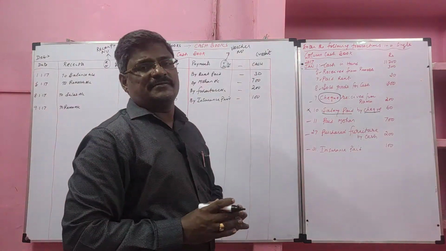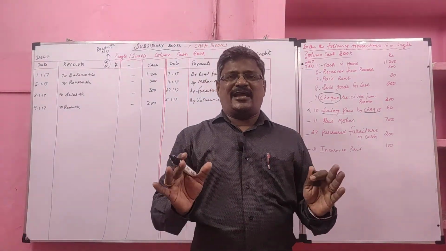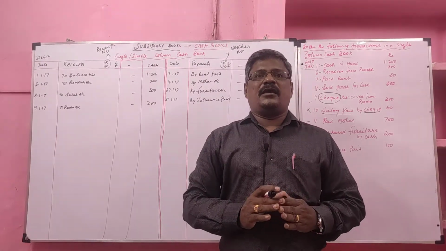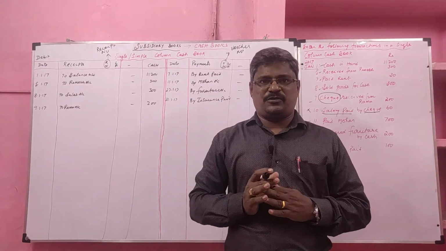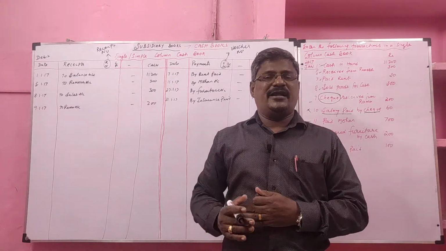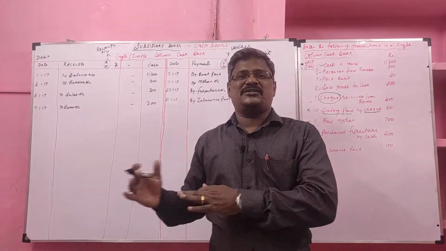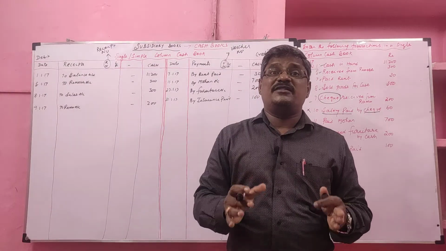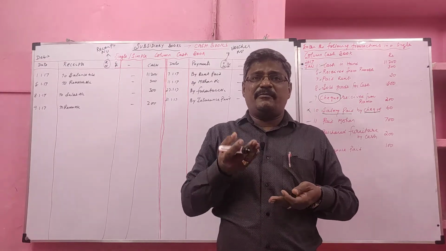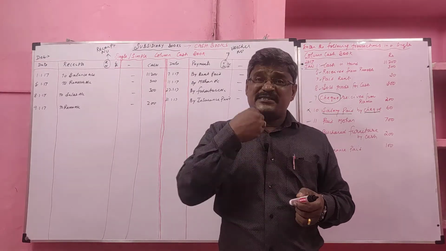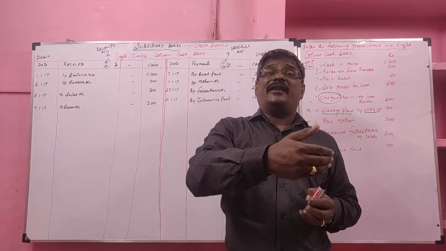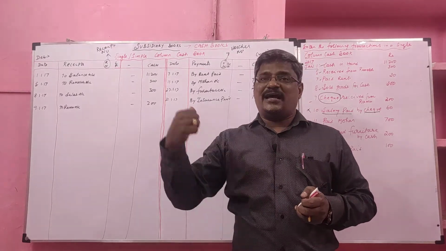Okay, students, listen carefully. Cash book has three types: single, double and triple. Now we are learning single column cash book. In single column cash book, on the debit side all cash receipts are recorded, and on the credit side all cash payments. We have a problem with the check transaction. When the business receives a check, it is recorded on the debit side. When the business issues a check to others, it is recorded in the bank account, not in the cash book.